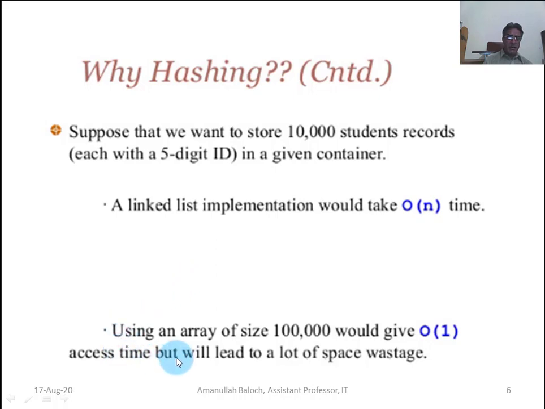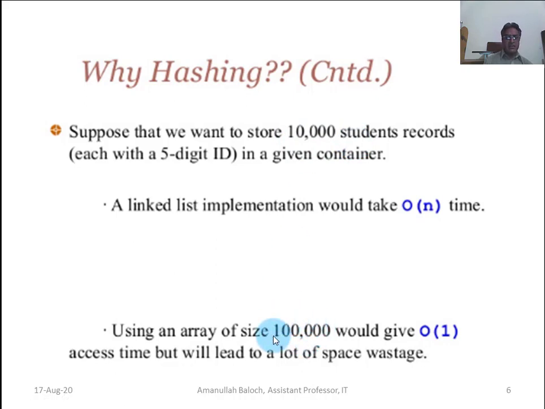Access time is fast, but it will lead to a lot of space wastage. You may see here that we want to store the records of 10,000 students, but we are reserving 1 lakh memory locations.